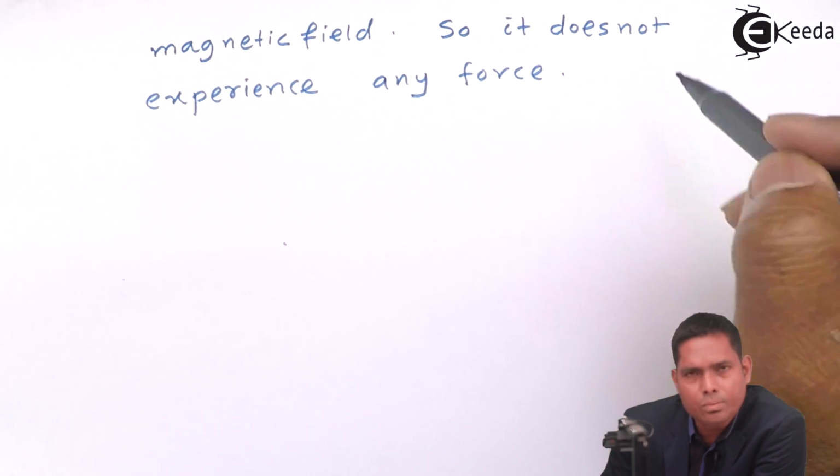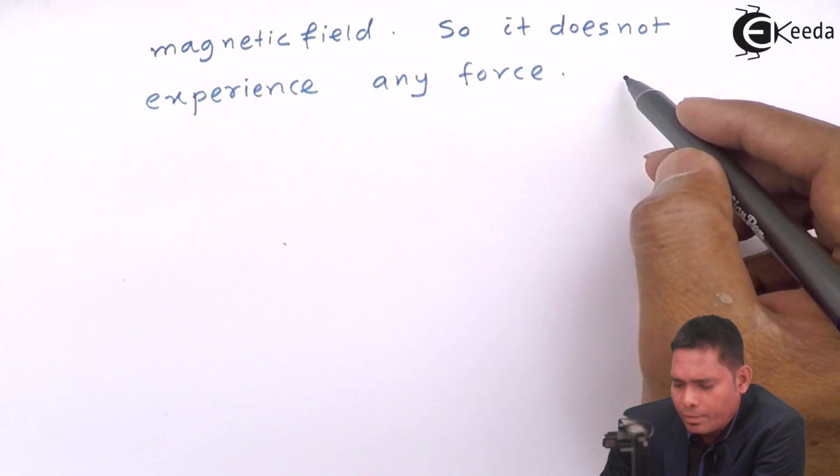Because they are in the form of circular loops, we know that if there is a conductor like this,